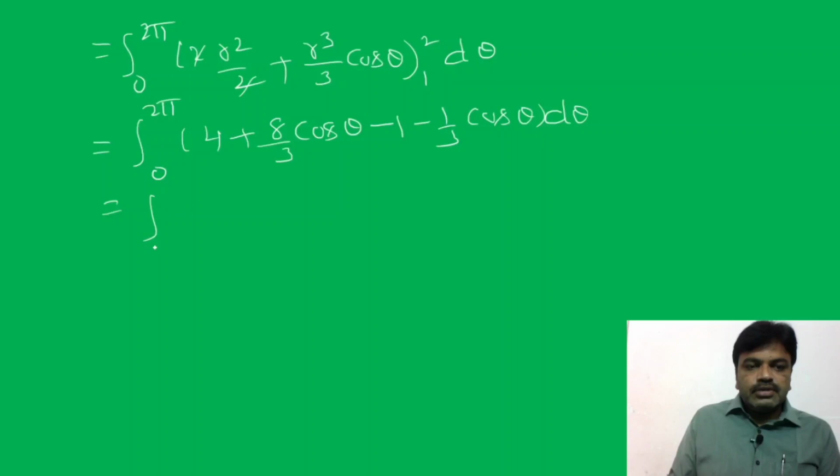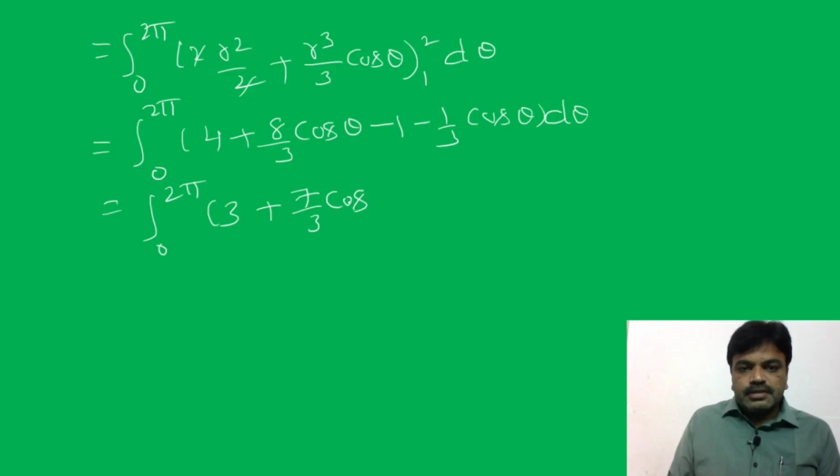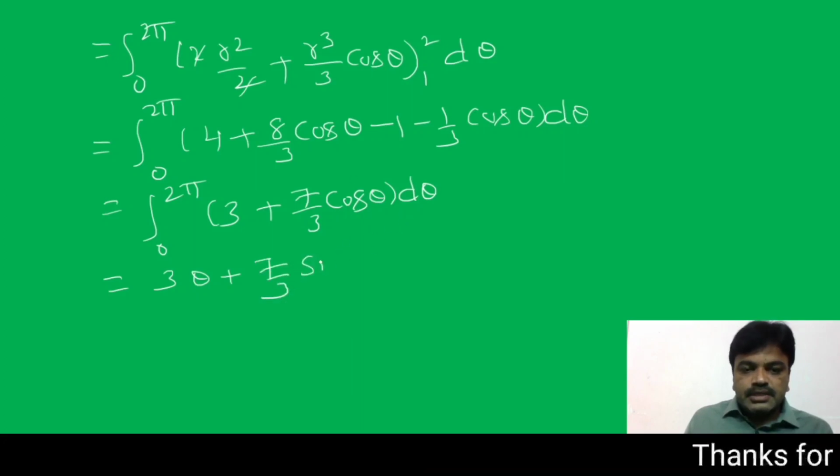That is equal to integral 0 to 2π, 4 − 1/2... 3 + 8/3 − 1/3, okay, 7/3 cos θ, into dθ. That is equal to integral of 3 into dθ is θ, plus 7/3 integral of cos θ dθ is sin θ,